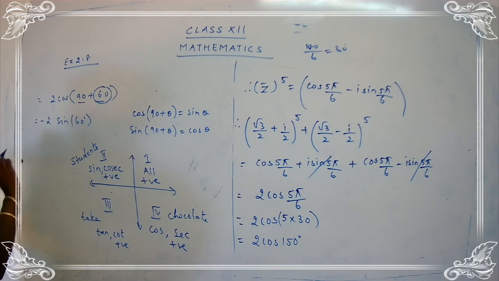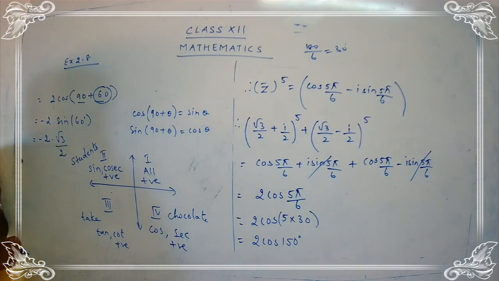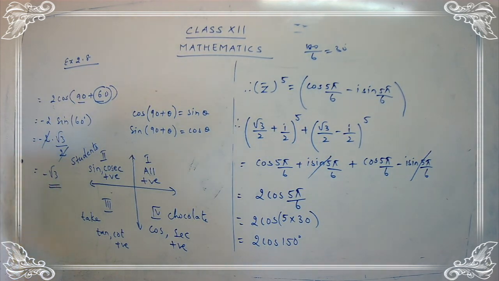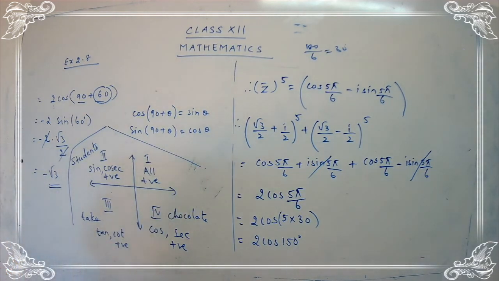Okay. So now here, this is minus 2 sine 60 degree. What is the value for sine 60? It's root 3 by 2. You have the table, yes, children? So just refer the table, you get root 3 by 2. So 2 gets cancelled, and I get the answer as minus root 3. That's what we have to show. Yes, children? Yes, minus root 3, yes. So we can complete the final statement. I just put here.